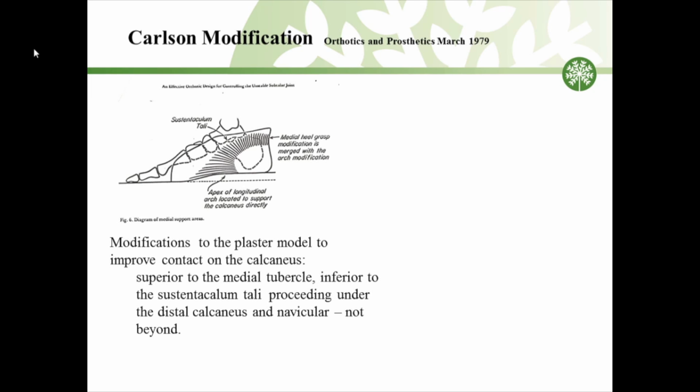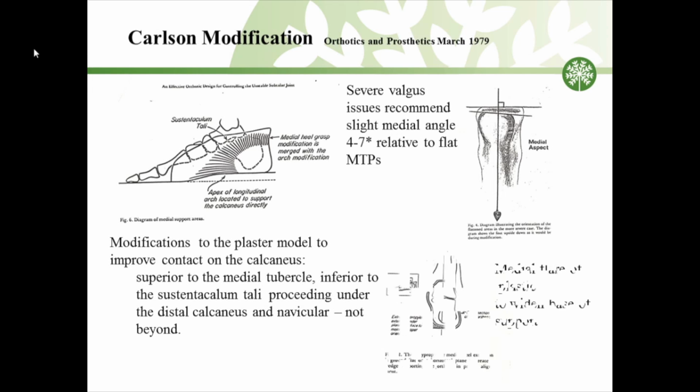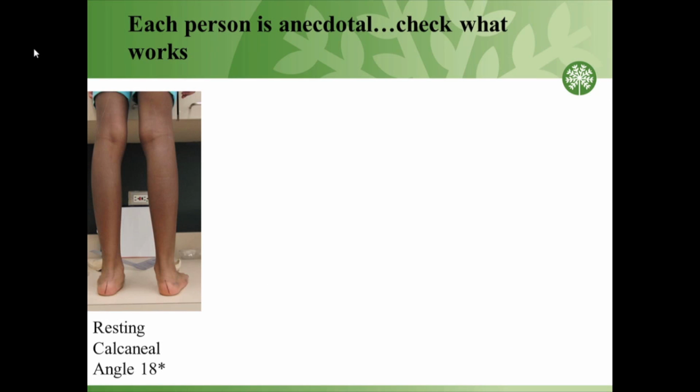So one of the key elements of that is that calcaneal channel, the channel that goes from the posterior and blends right into the arch below the sustentaculum tali. In severe cases, an intrinsic hindfoot wedge, a medial wedge on the hindfoot, can add to that control. And then a medial outflare is basically magnifying, multiplying that force that you have to control the heel. And just to show how effective these can be, this person with valgus of 18 degrees